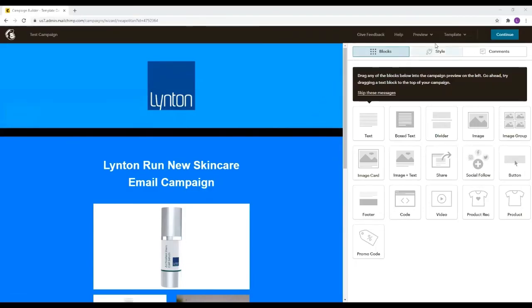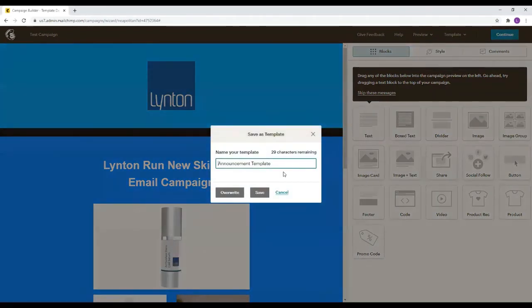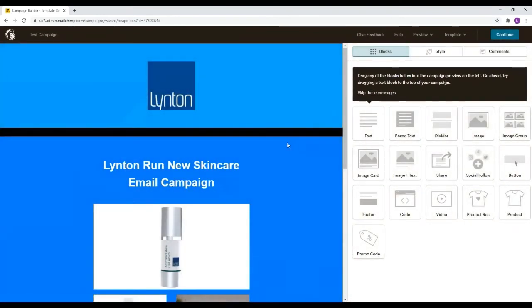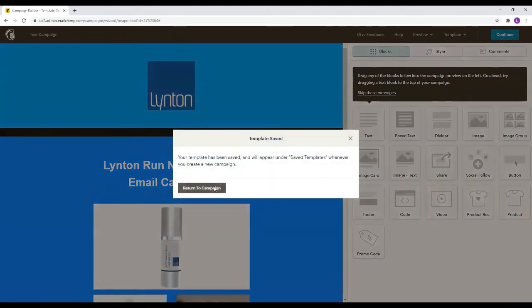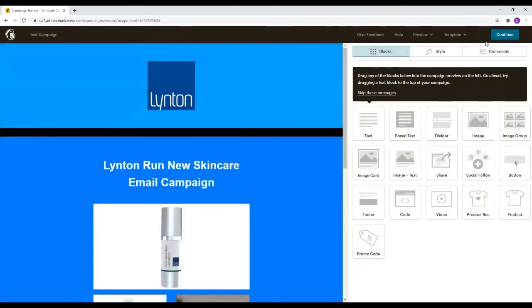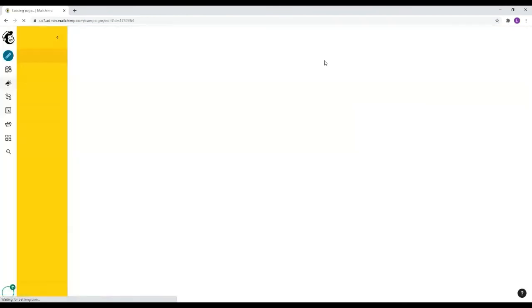Okay, so I've just come back onto the template now. Another important thing you'll possibly want to do is to save the design as a template that you can then go back to in future. So we're just going to do announcement template, this one, and then press save. So if we ever want to run something similar, we can just come back to it through the campaign section. And now we'll continue on to the next stage where we are going to send off the email.